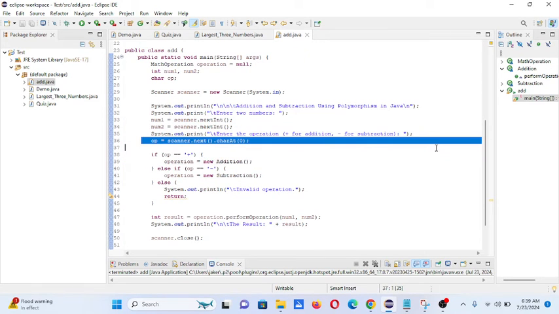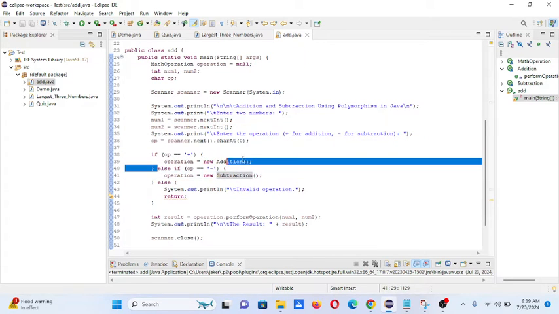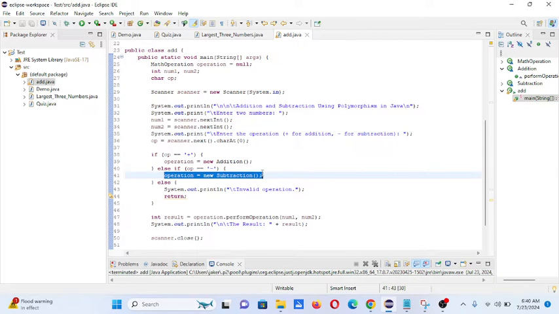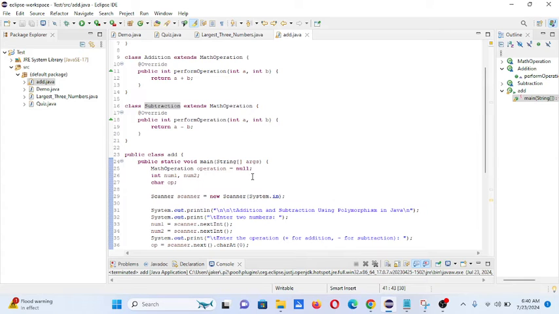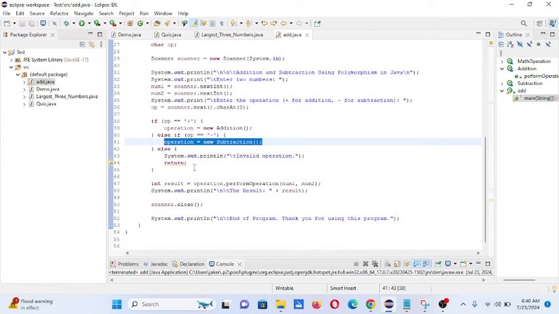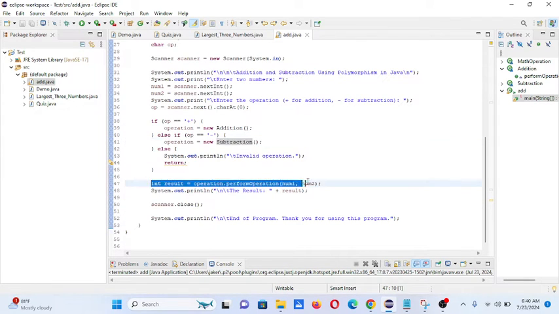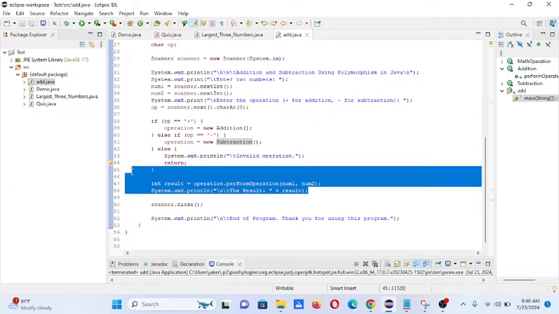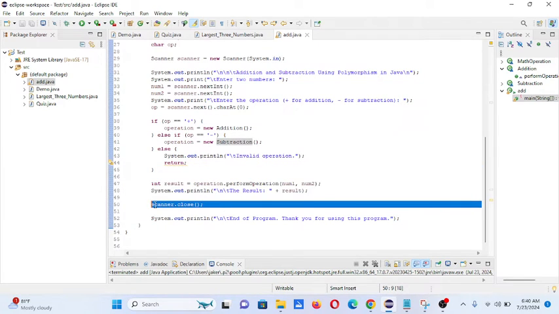Enter the operation plus and minus. So if plus, it will call the method of addition. If minus, it will call the class of Subtraction. Else, invalid operation. It will perform the operation and display the result. We close the scanner and end the program. Thank you for using this program.